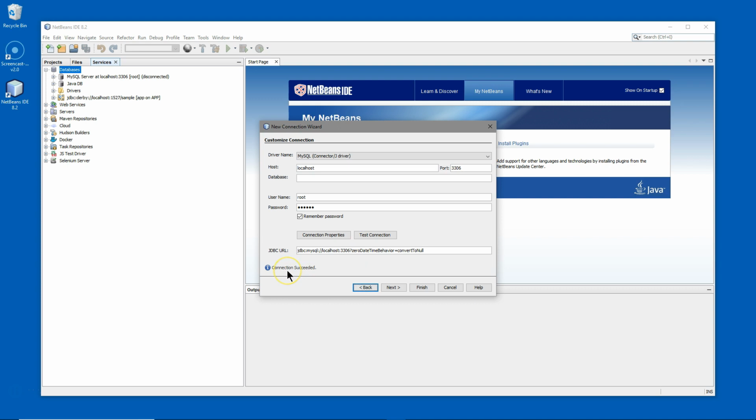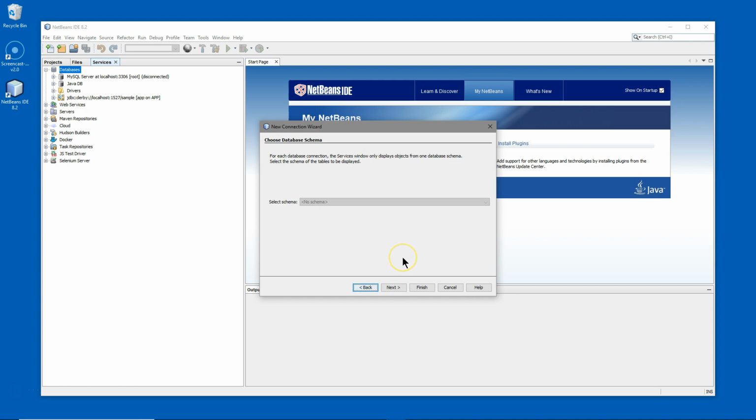And there you go. MySQL is running successfully as a service, and we can now connect to it with NetBeans. I'll go Next. This is not a connection to a particular table, so there's no schema. I say Next. Now it wants to know the name that we want to refer to as this connection. It's showing us the full URL, but this is a little long, so I'm just simply going to change it